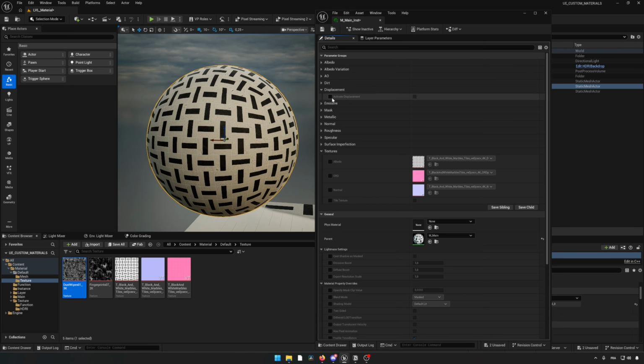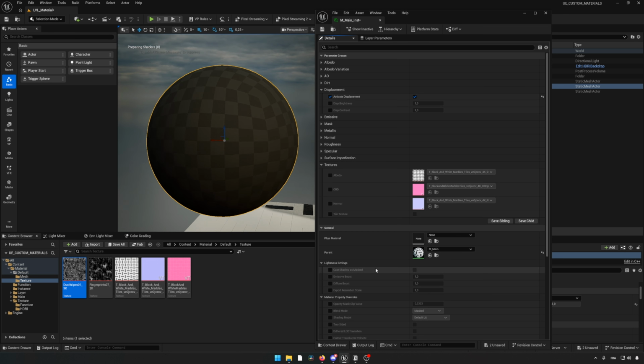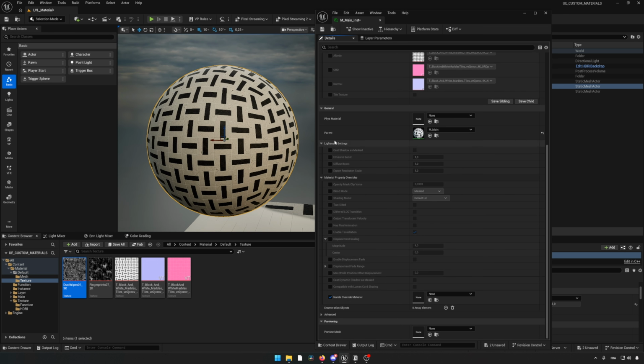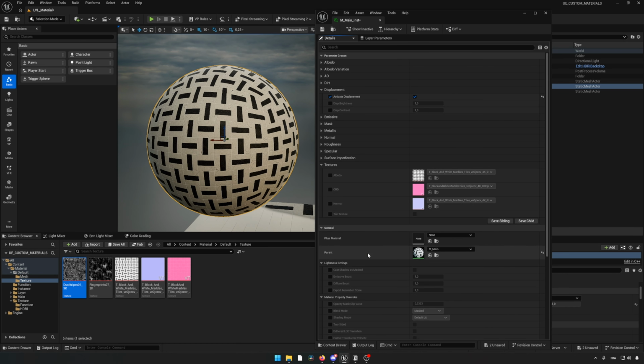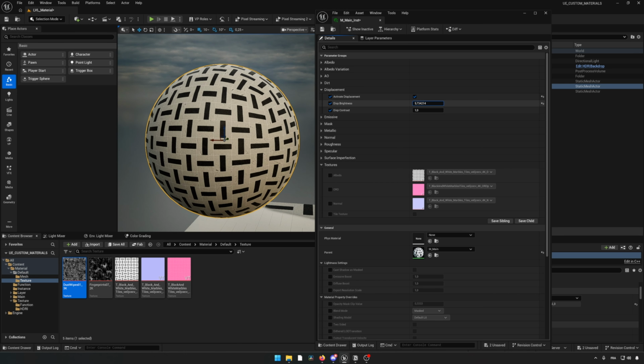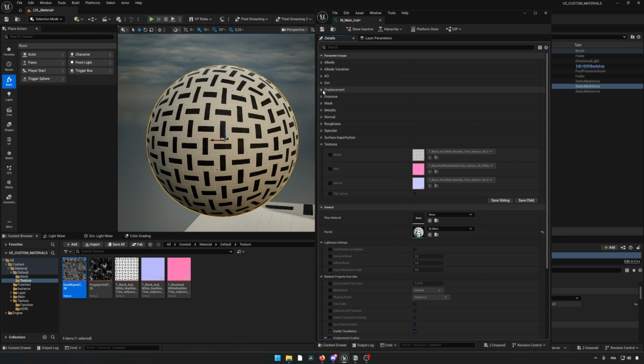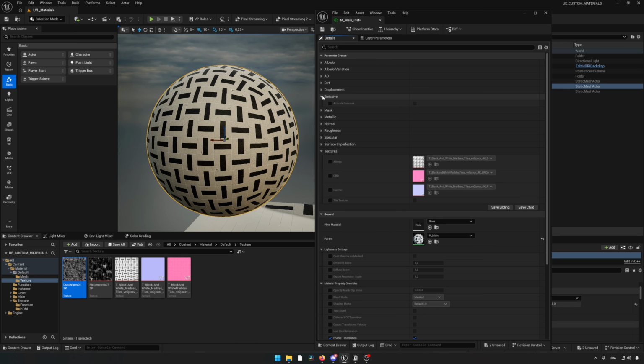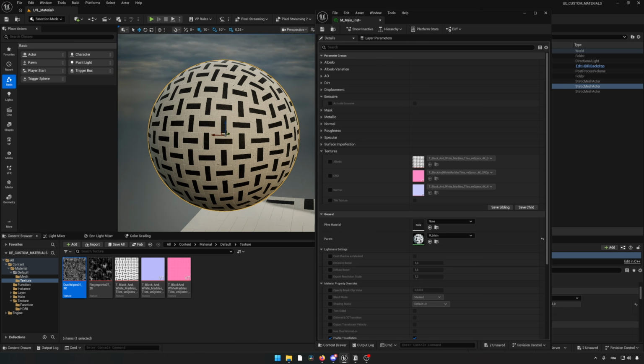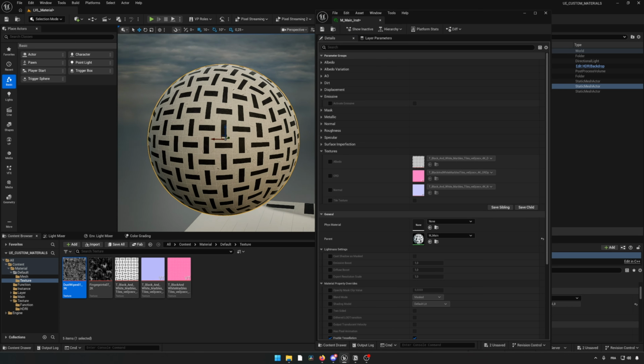For the displacement map, this tool is working with the displacement map of Nanite. So if you go here into general, you can go into displacement and enable tessellation. By default, it's enabled for this object and for this material. Then you can change the magnitude, the center of your displacement, but you can also go in here into displacement and change the displacement brightness and contrast of your object. Very useful, because it can sometimes be a little bit annoying to work with displacement maps,